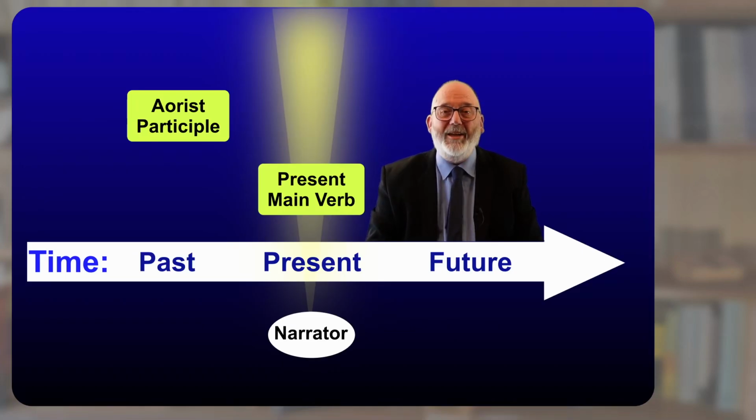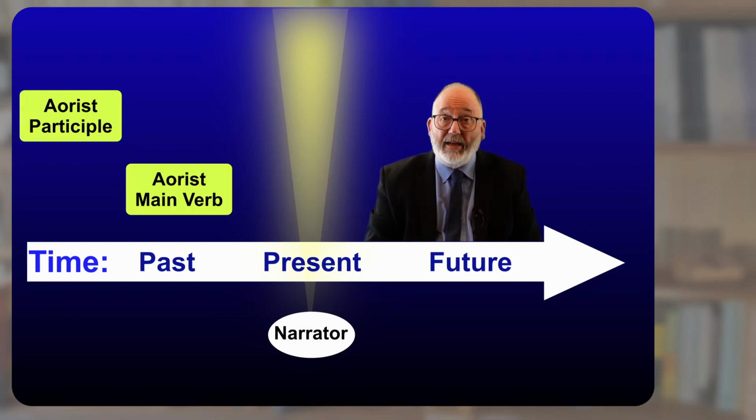Here we have a much more typical example and one that is easier to understand. So we have the main verb in the present tense and the participle is in the aorist tense. So the action of the main verb is taking place contemporaneous with the narrator, but the action of the participle takes place before that. So it's in these kind of circumstances that we would translate the aorist participle as after